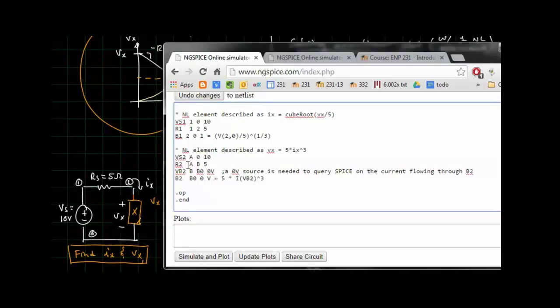As I'm talking here, I realize that because this is a single loop circuit, I have a voltage source in Vs, and instead of saying 5 times I of VB2, the 0 volt source, I could have said 5 times minus I of Vs1, or Vs2 in this case, raised to the 3rd power. The analysis we're doing is an operating point or bias analysis, so we just put .op. So when you run this,